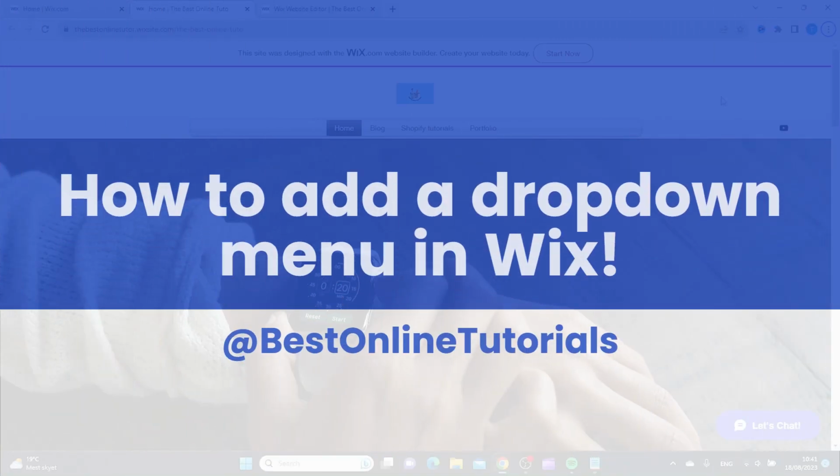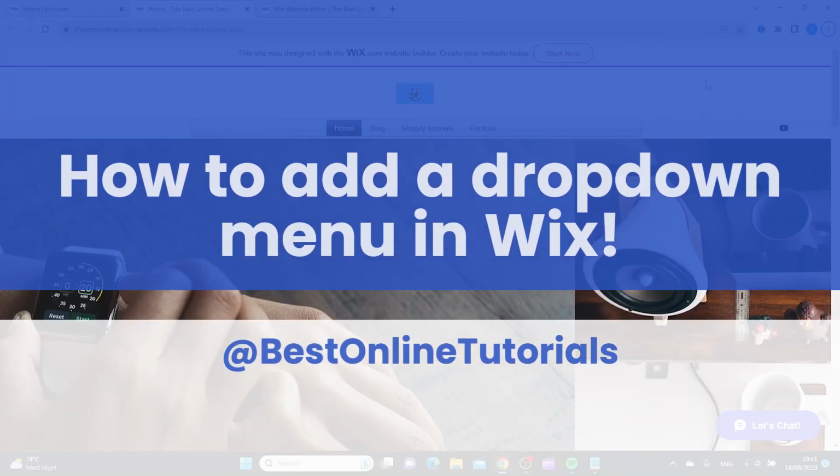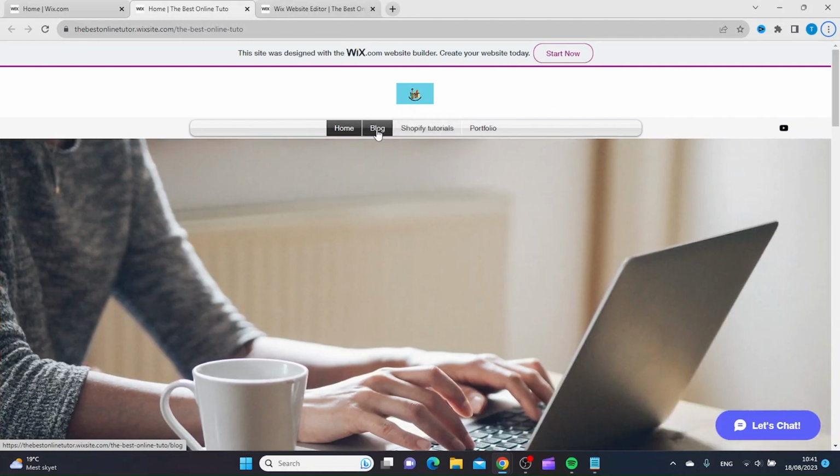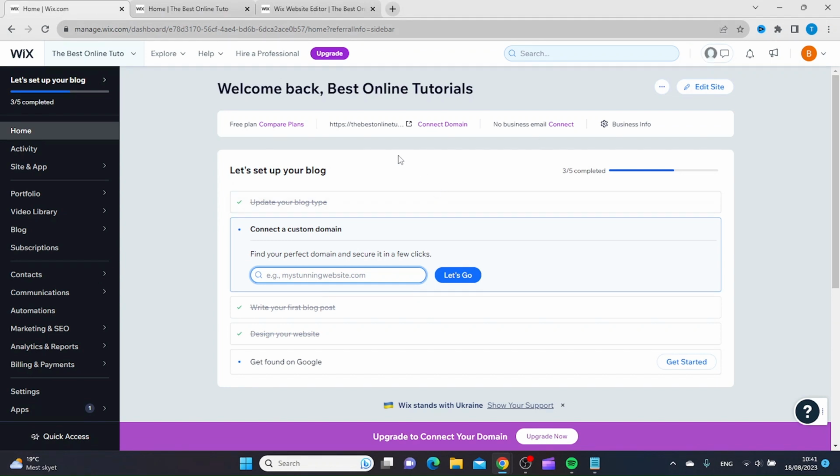How to add a drop-down menu in Wix. I want to have this Shopify tutorials tab under the blog like a drop-down menu. The way to do this is to go inside your Wix dashboard and click edit site to go to the